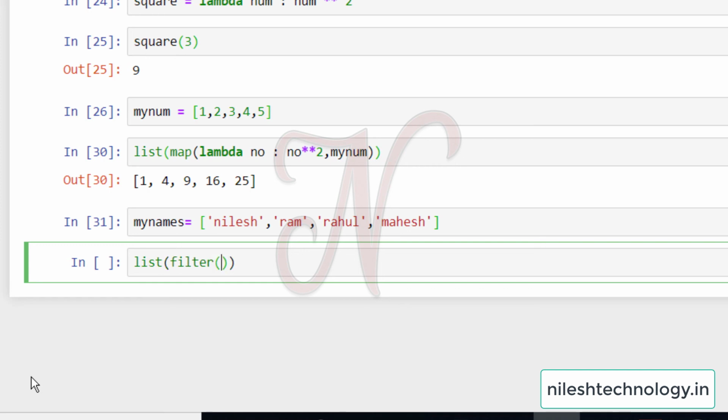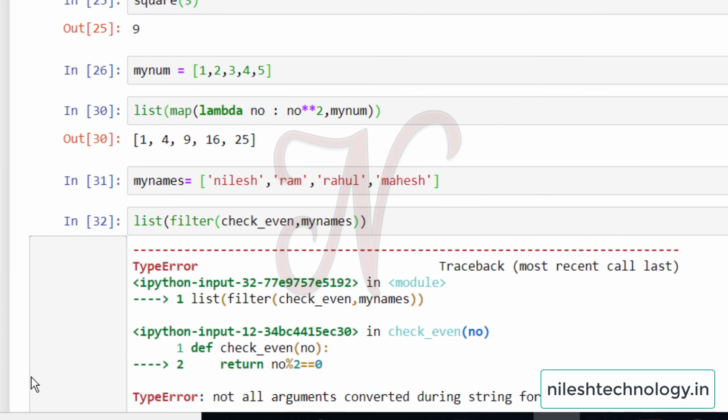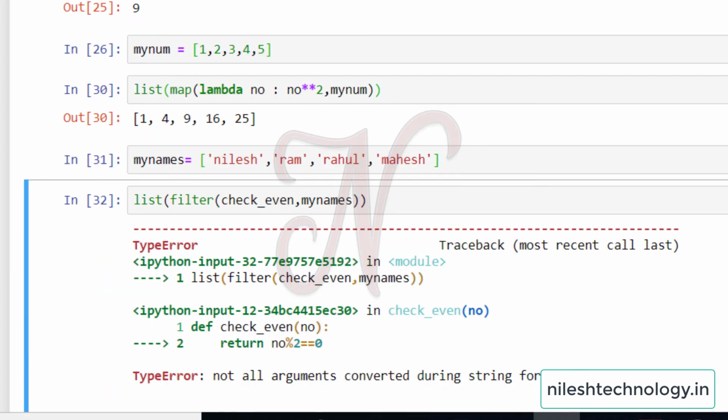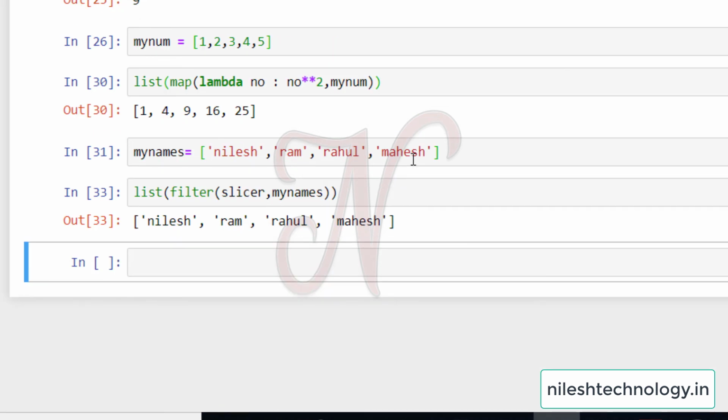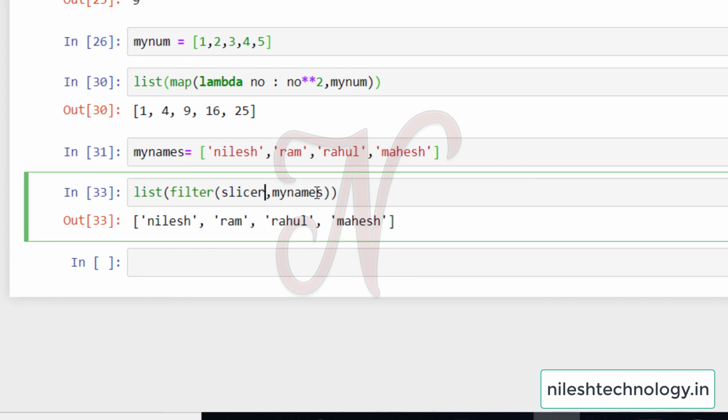Again there are 2 parameters. The first one is check_even and the second one is names. On the check_even function the parameters are integers. So my function is the slicer. Then Nilesh, Ram, Rahul, Mahesh. These are some filter values.